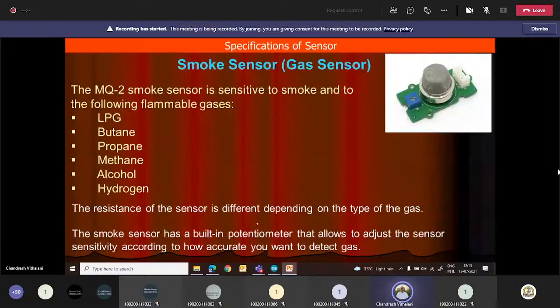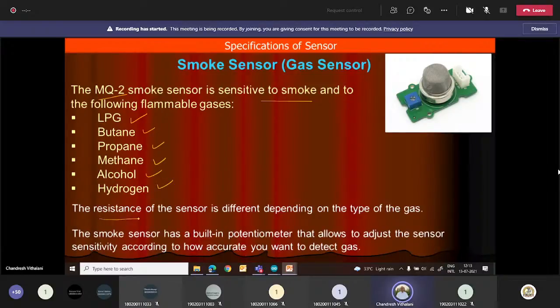Smoke sensor, some of you must have used in your mini projects or micro projects somewhere. This is basically a gas sensor, and this MQ2 smoke sensor is very sensitive to smoke. It senses gases like LPG, butane, propane, methane, alcohol, hydrogen.